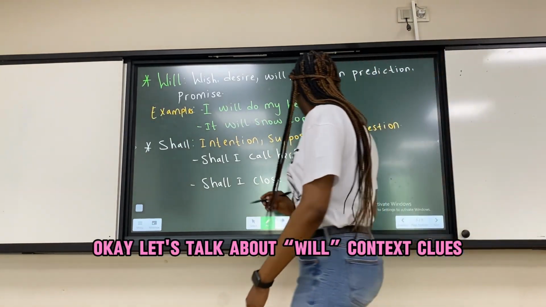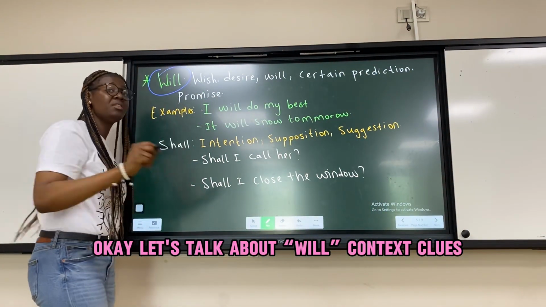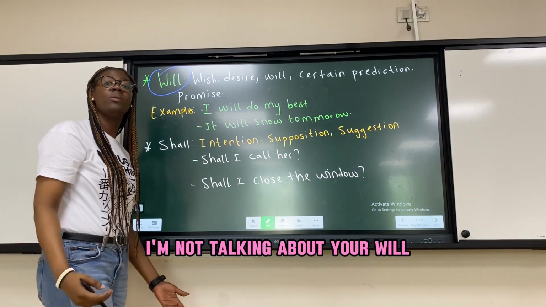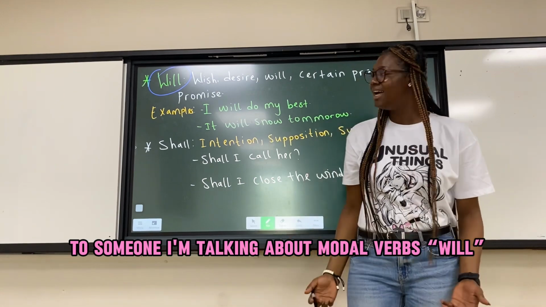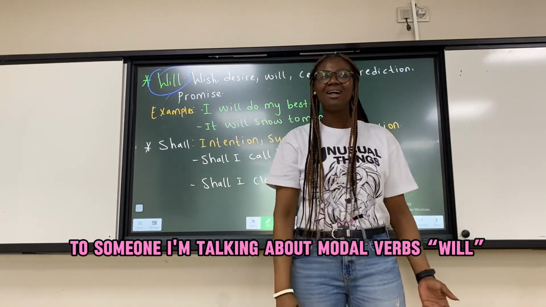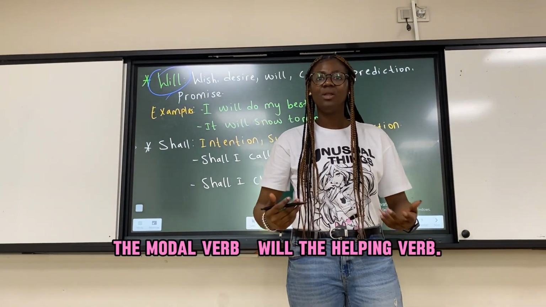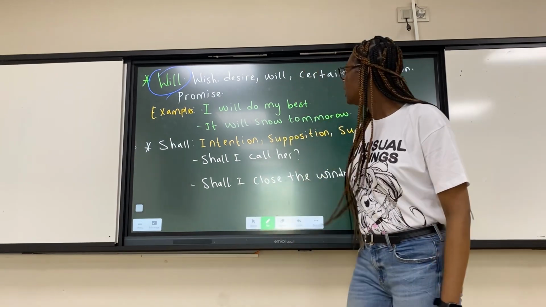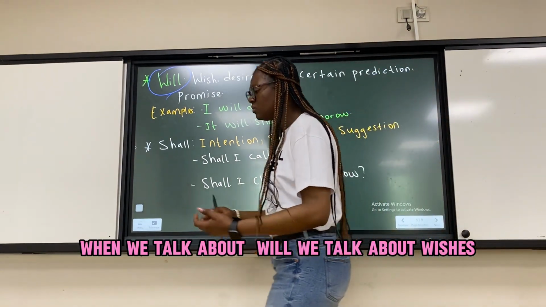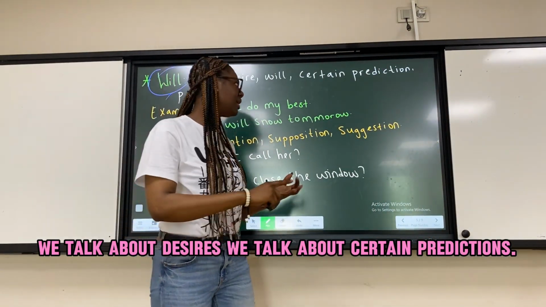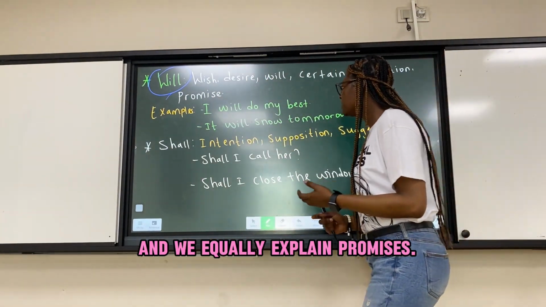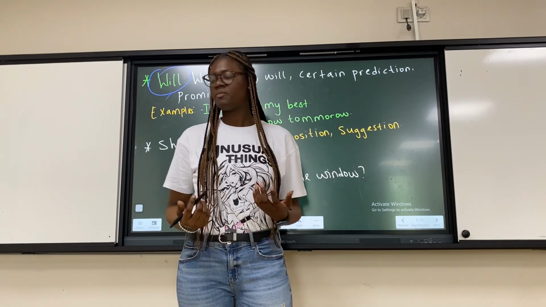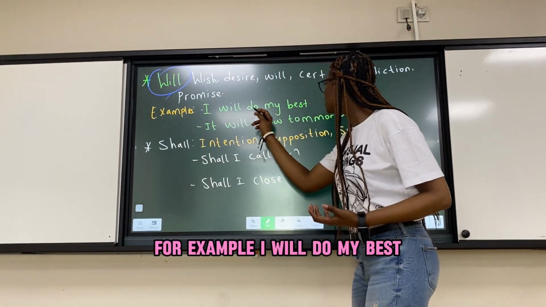Okay, let's talk about will. Context clues. I'm not talking about a will whereby you give all your properties, okay, to someone. I'm talking about modal verbs. Will, the modal verb, will, the helping verb. When we talk about will, we talk about wishes, we talk about desires, we talk about setting predictions, and we equally explain promises. For example, I will do my best